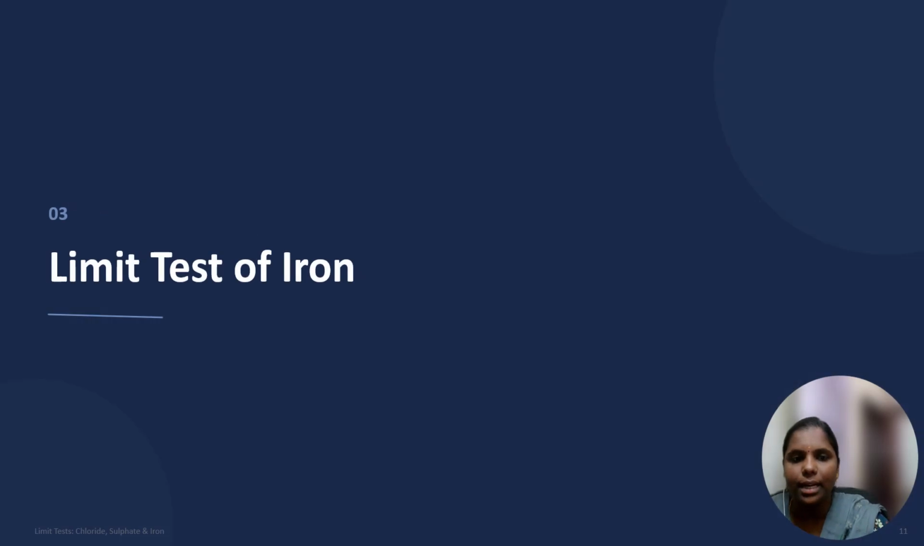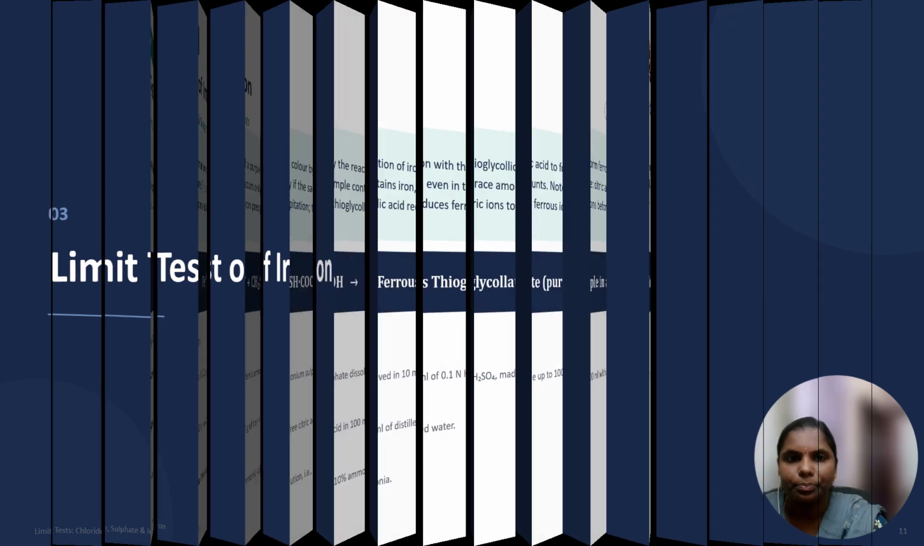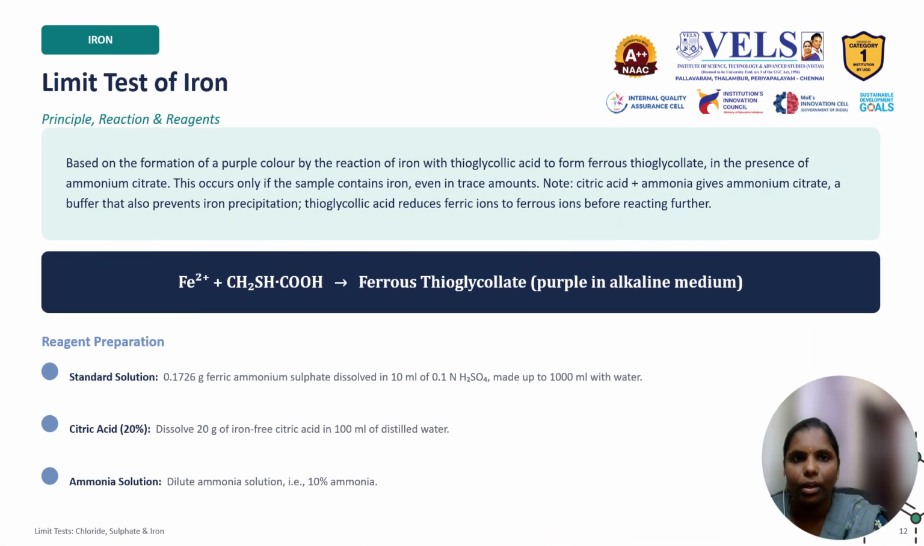So next slide is the limit test for iron. Now let us move to the limit test for iron. Iron contamination is important because iron can catalyze oxidation reactions and affect the stability, color, and shelf life of the pharmaceutical product. In this test, iron reacts with thioglycolic acid in an alkaline medium to form a purple colored